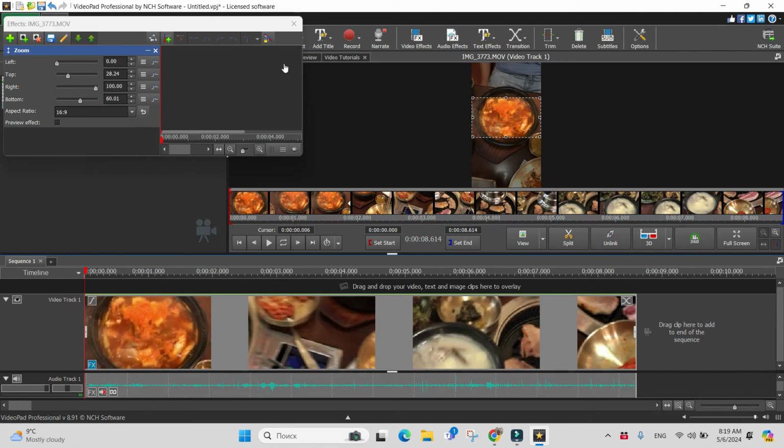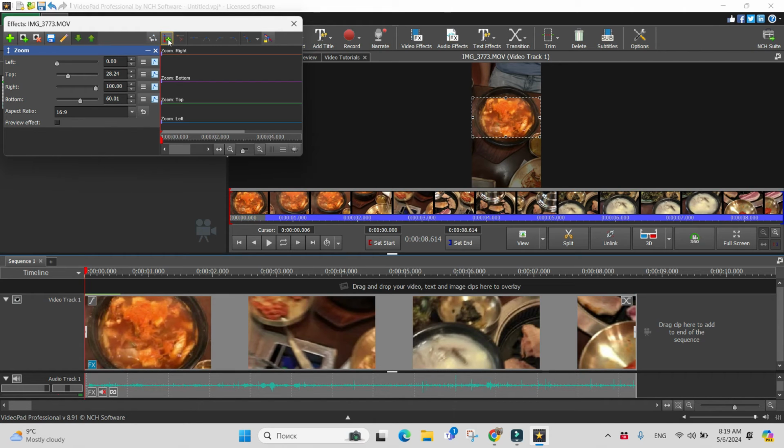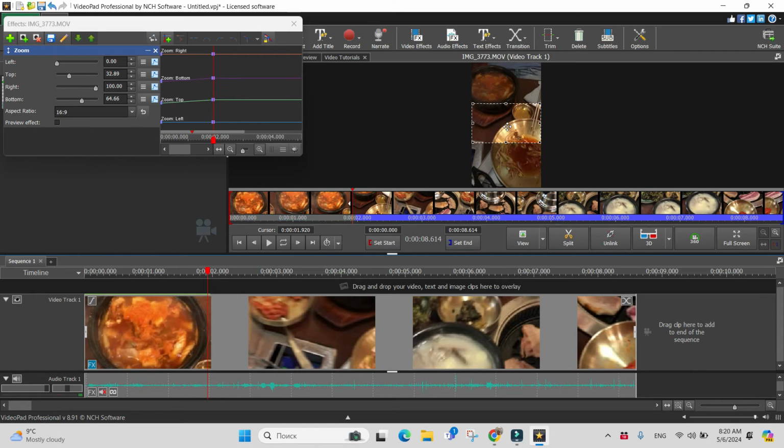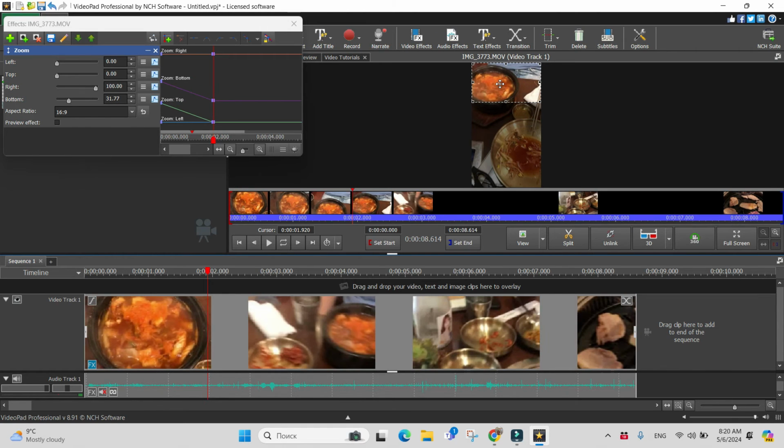So we have our window, let's add a keyframe at the very beginning, and let's see. We are moving the slider and we're looking at our video in the preview window. So it doesn't work here, so we're moving. I'm clicking on my rectangle, left click, and moving it to the desired place here. Okay, let's continue and adding keyframe. Okay, let's continue